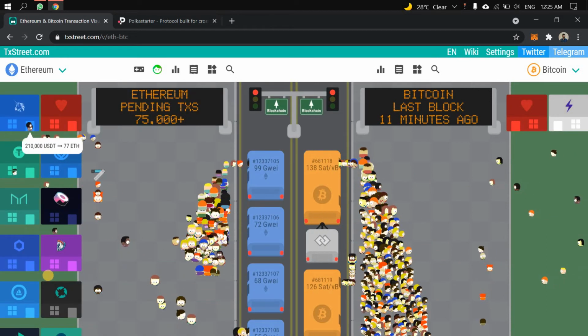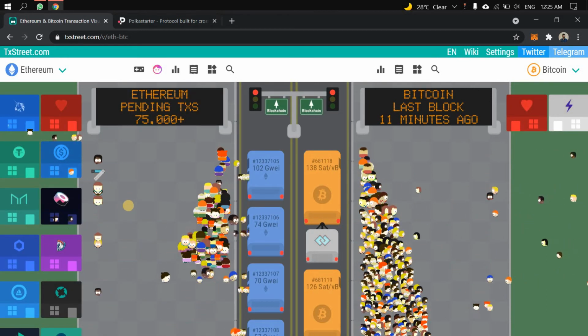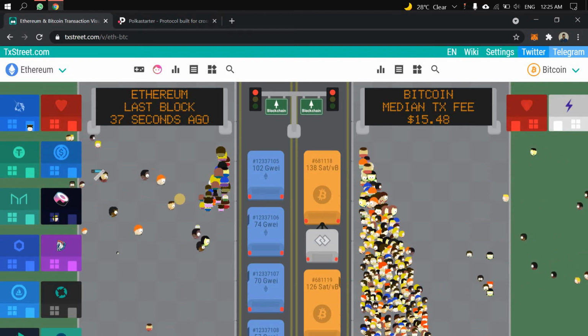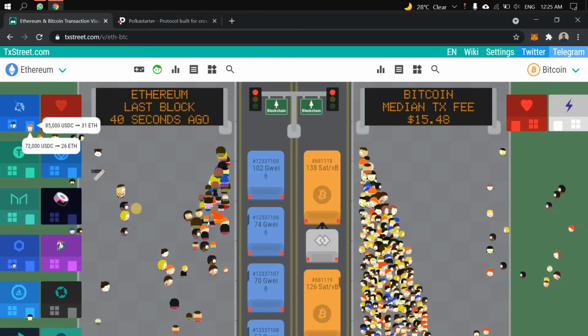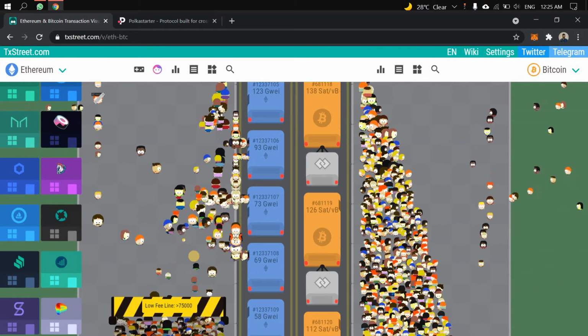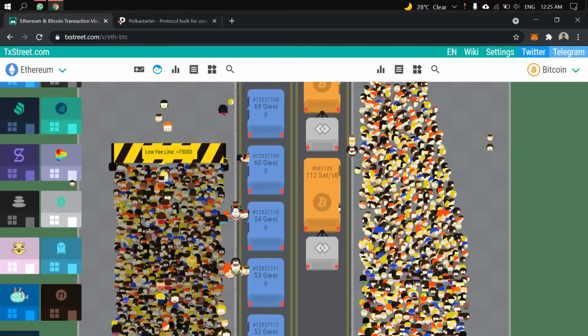So from various exchanges like this, transactions are coming into this memory pool, or transactions are getting broadcasted into the Ethereum blockchain. And once these transactions are accumulated, they are waiting in the waiting area, which is called the memory pool in blockchain terminologies.